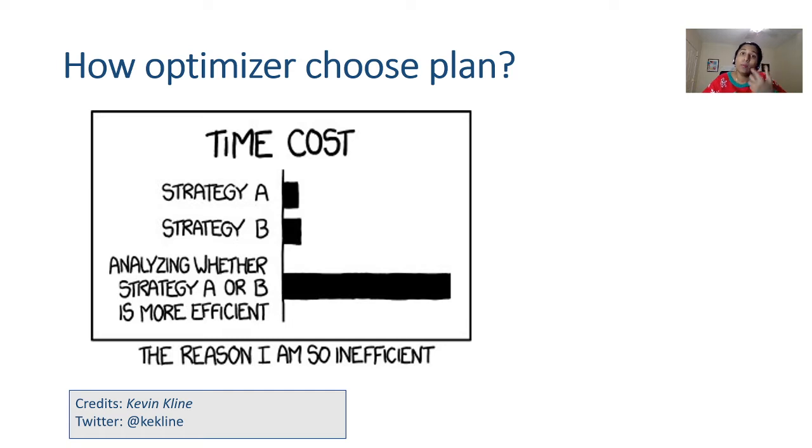If I explain the same concept in very simple words, for example, if the optimizer gets the execution plan A in 3 milliseconds and the execution plan B in 3.5 milliseconds, and in order for the optimizer to know whether plan A is better or B is better, it has to analyze so many transformation rules for 5 minutes. The optimizer doesn't want to do that. It will just grab plan A or plan B randomly. That's the reason why the optimizer is so quick in getting the good enough plan.